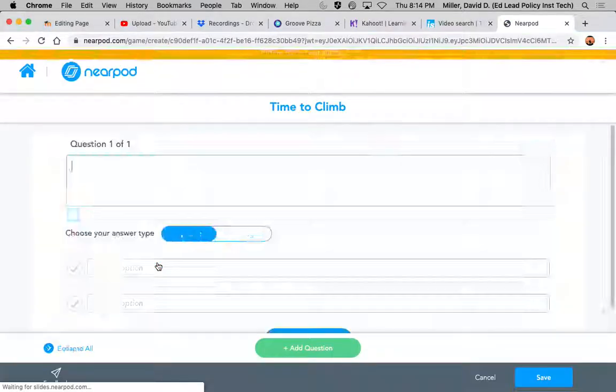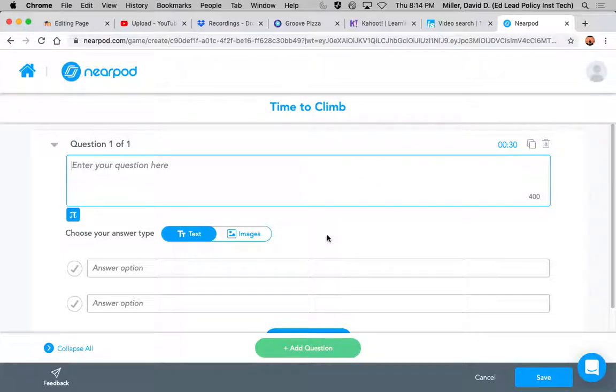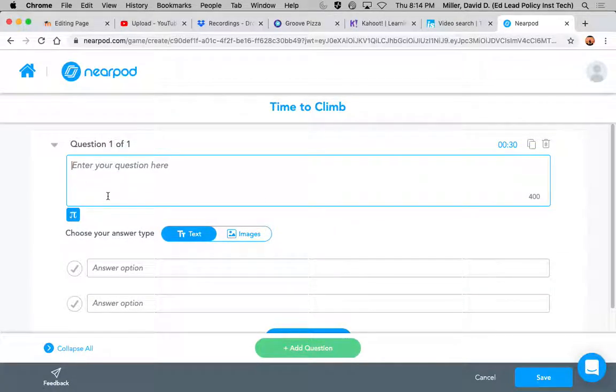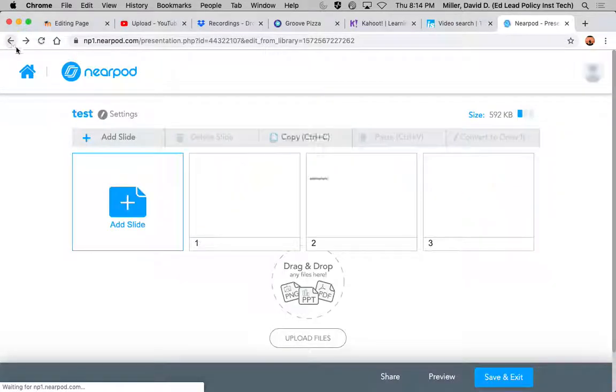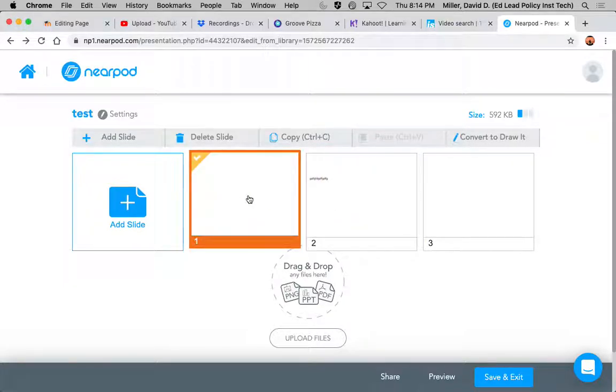So let's say you just did a slide of content, so I'm relaying some kind of historical facts or whatever. After that, it'll have a random slide that pops up where students can answer a question as a formative assessment, and then I'll get the answer. I can see how many kids understood that topic, if I have to go back and re-teach that. And what's nice about this is you can do it as a class, or it could be student driven.